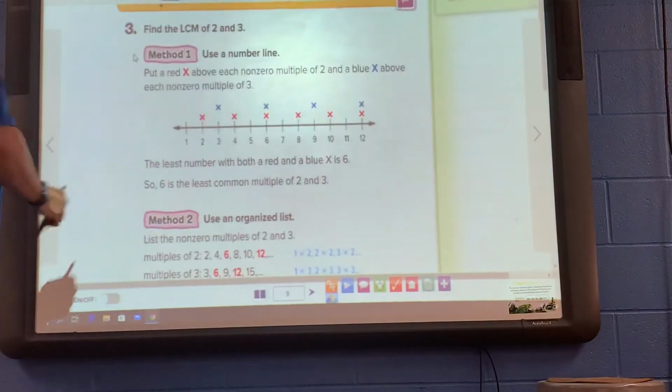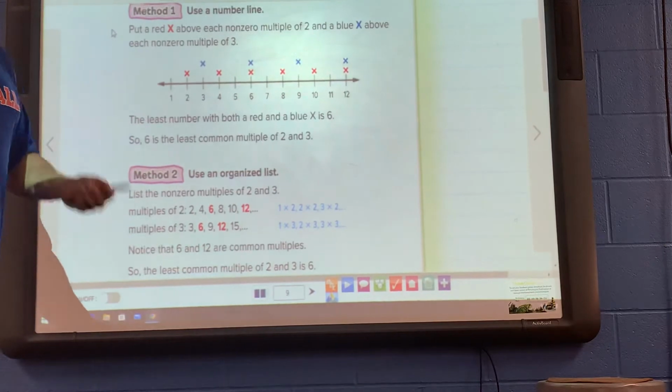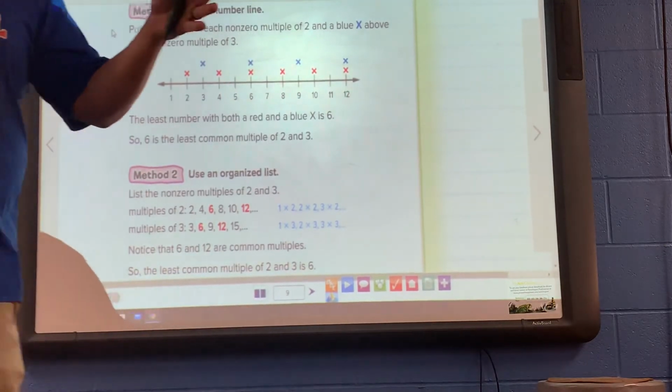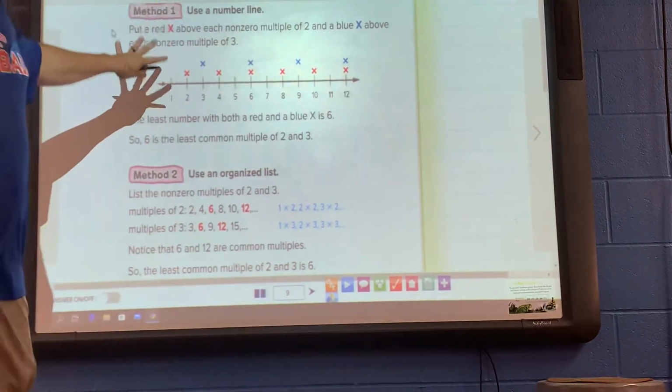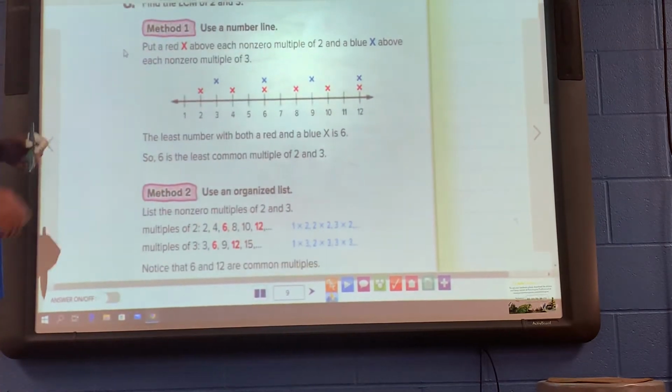So there's 2 methods of doing this. One method is to use a number line, which there's nothing wrong with that. It's just going to be a little bit extra work to write all that out, and there's nothing wrong with that. It's a very good visual, because if you look on 2 and 3,